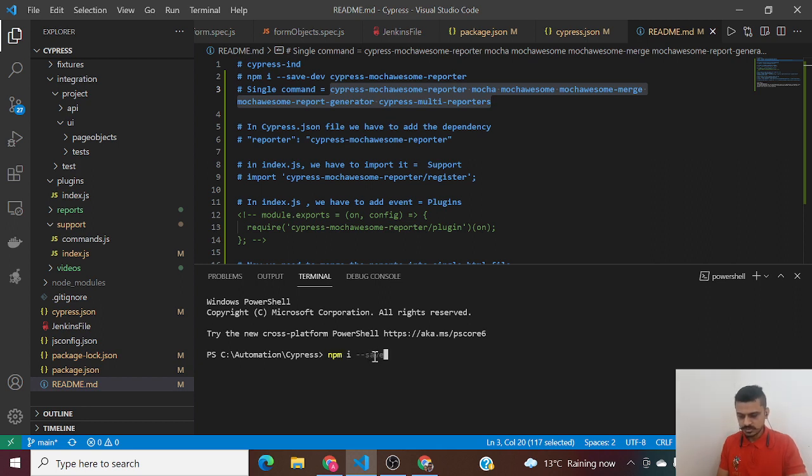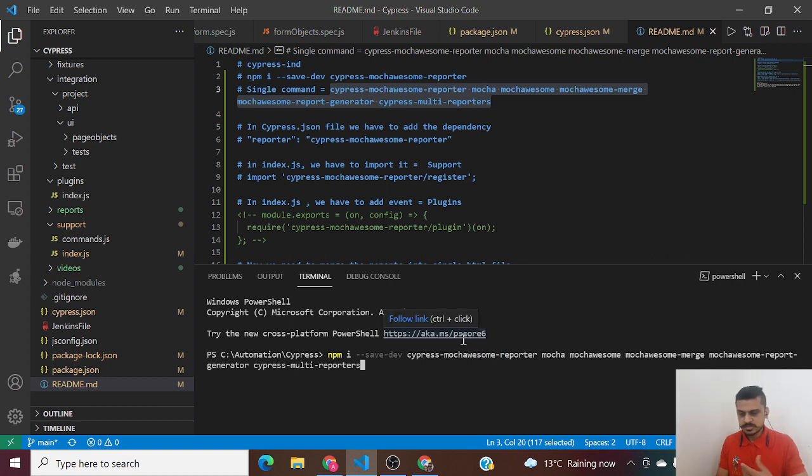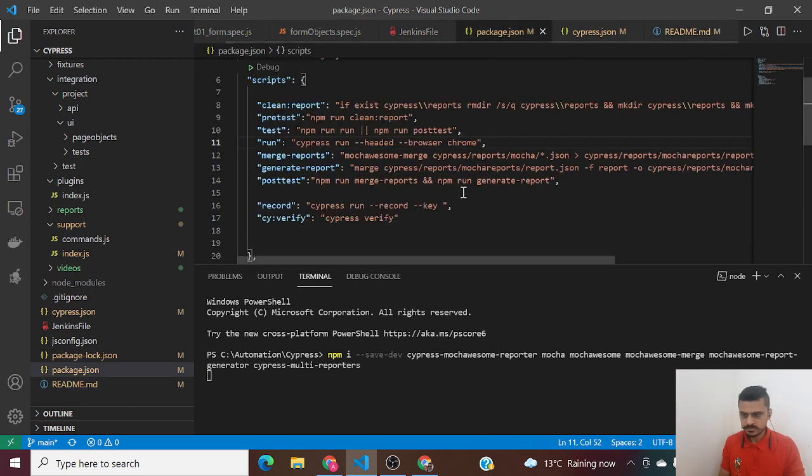You have to use save-dev because it will save the dependencies in the package.json file, so that we can share that package.json file and everybody in the project has the same version of each dependency. So all you have to do is paste the single command after npm i --save-dev, and press enter. It's going to download all of these dependencies, and then your package.json will be updated.